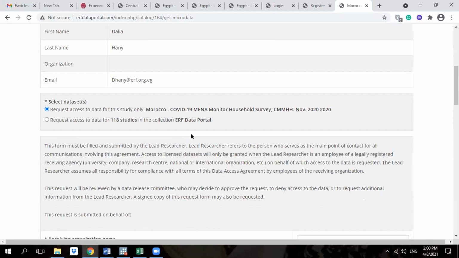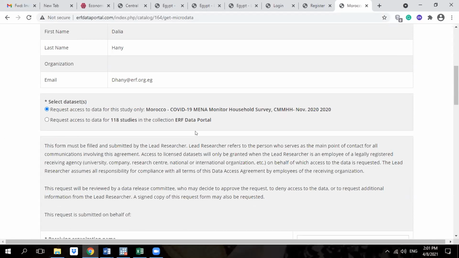Yes, that's really important. By experience, I follow a lot of steps to give the data, but it's just for registration.